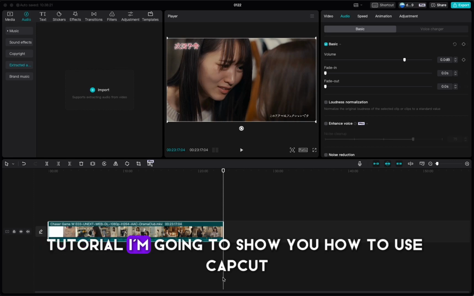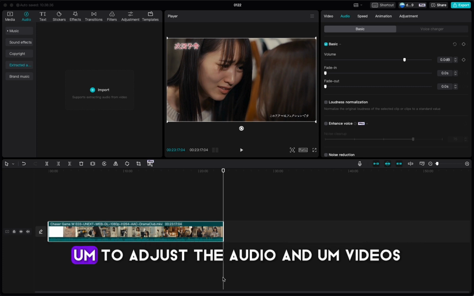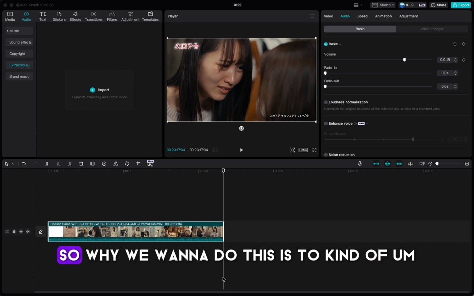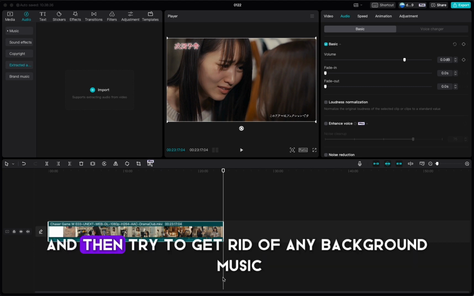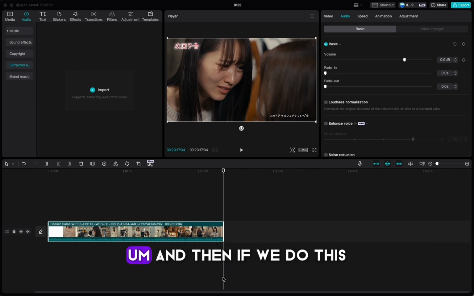In this tutorial, I'm going to show you how to use CapCut to adjust the audio in videos. So why we want to do this is to enhance the voice and try to get rid of any background music. And then if we do this, we can extract